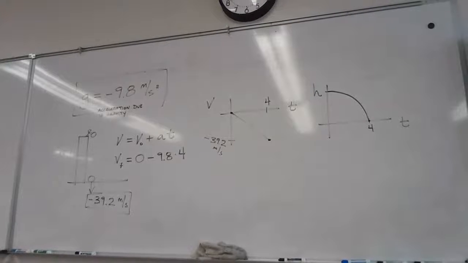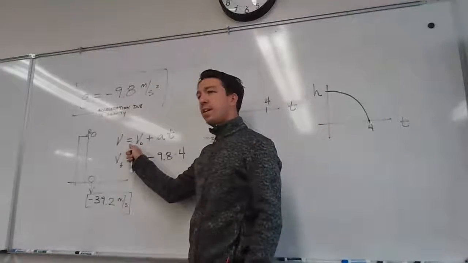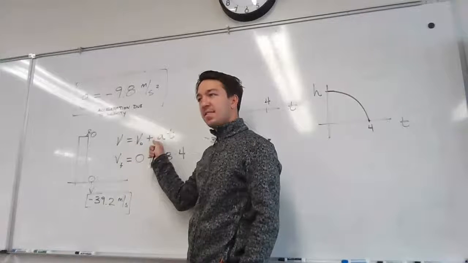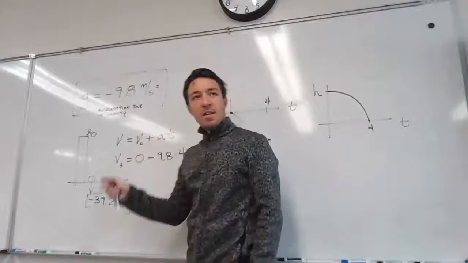Okay, 6, I was briefly on 6, let's talk about it. So 6, it's shot up with an initial speed of 50 meters per second. Okay, so in your equation here, that's 50. That would be negative 9.8. And